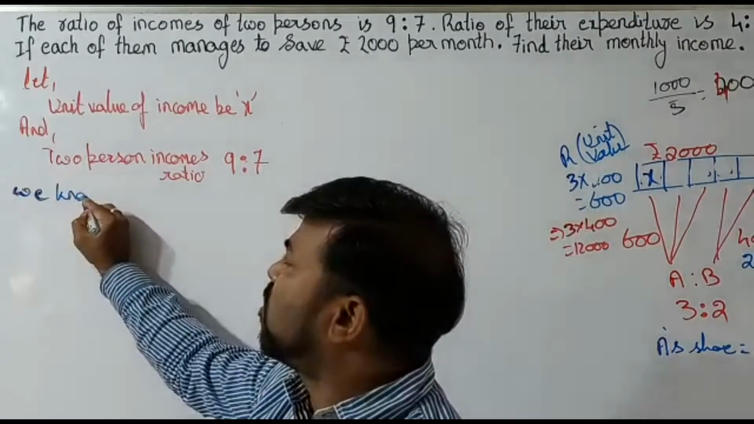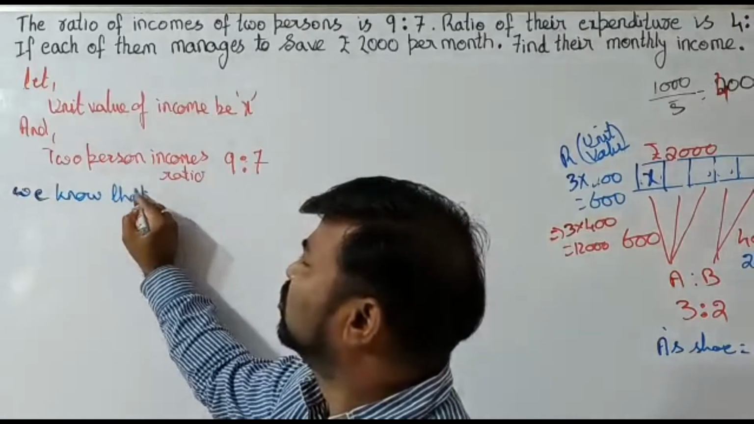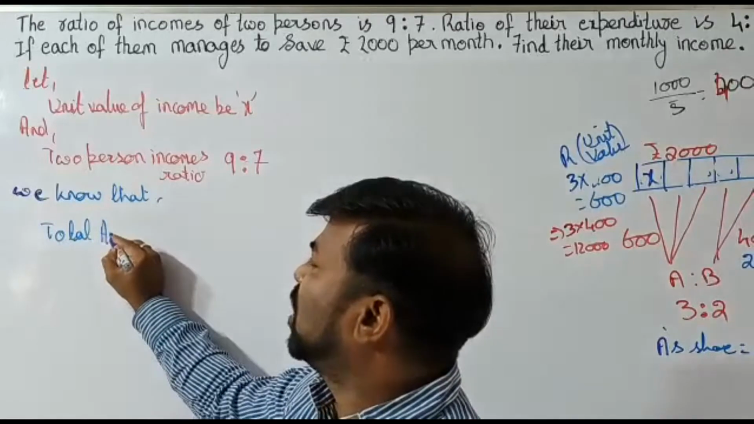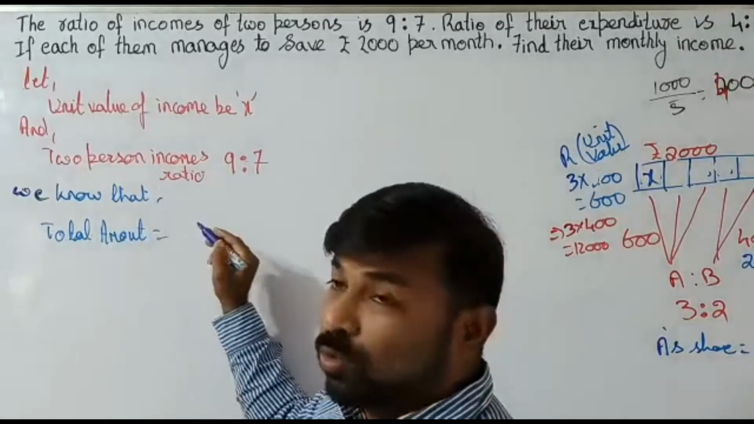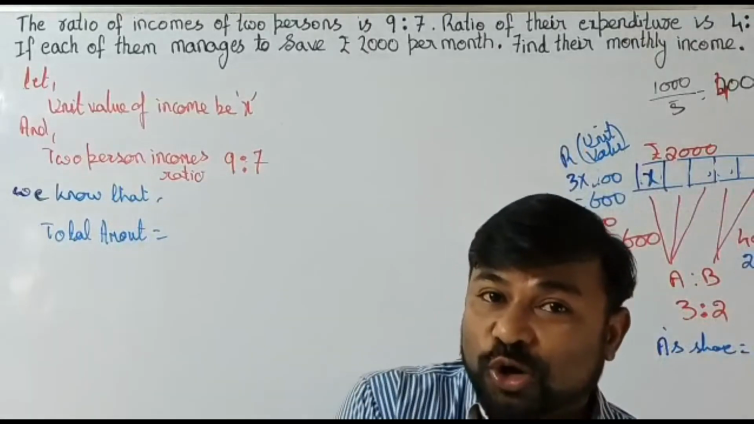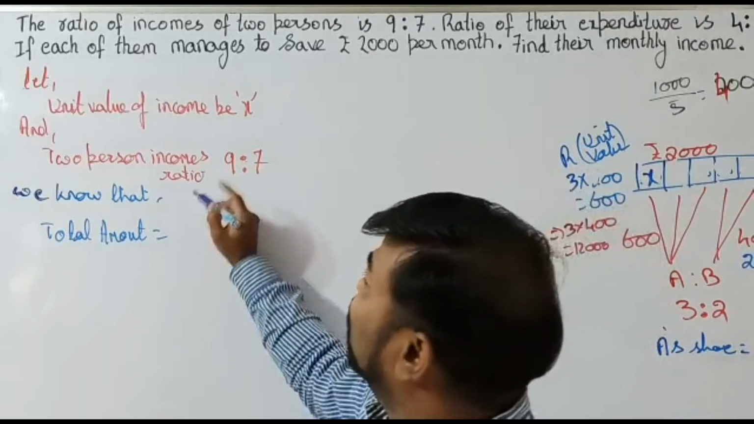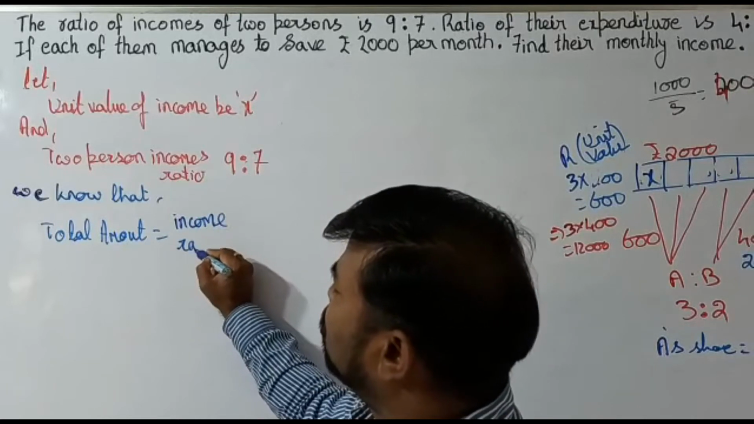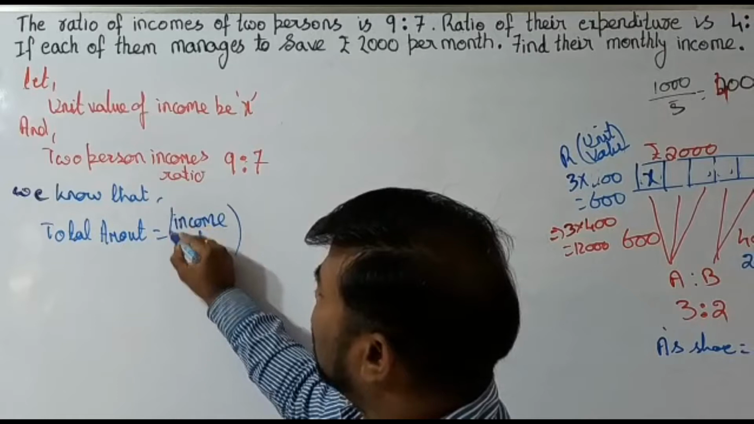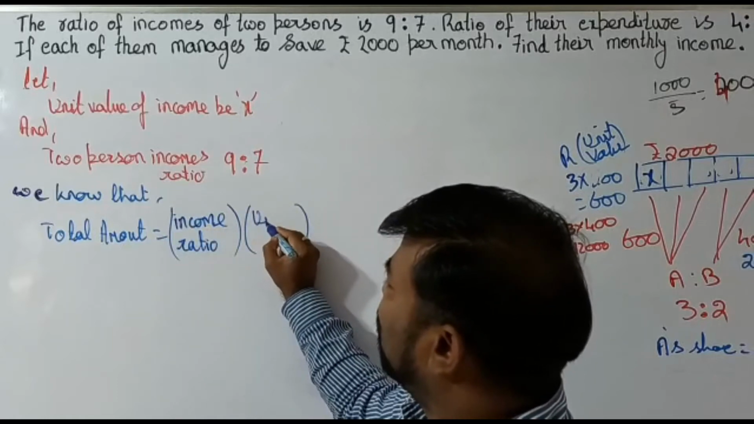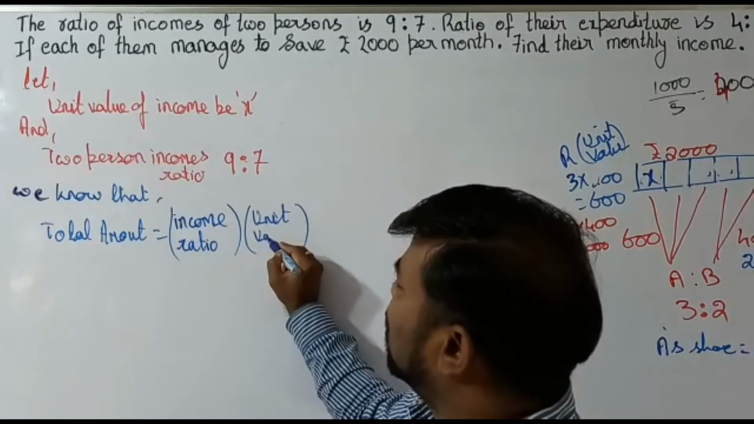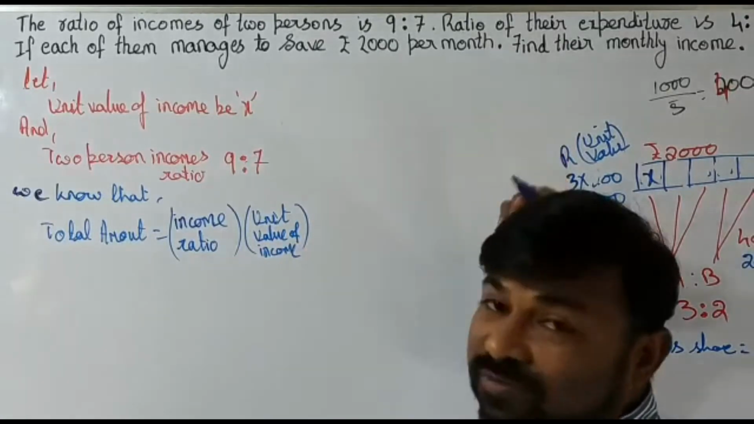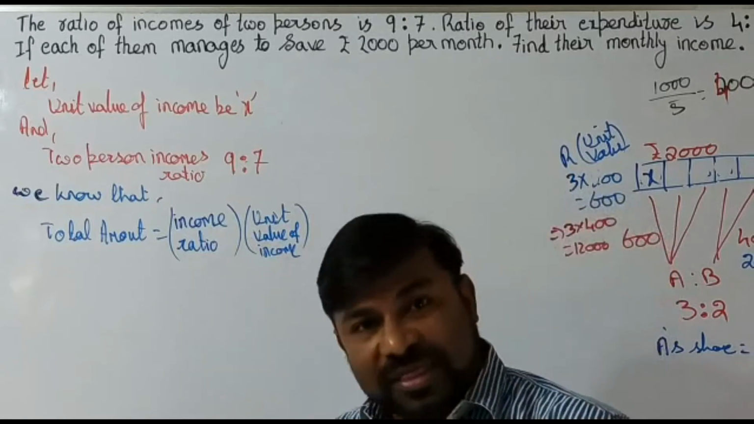We know that total amount equals, just now I said to you, ratio times unit value. Income ratio times unit value of income. This is the formula that we are having. Just now I said to you. Now, basing upon this formula,